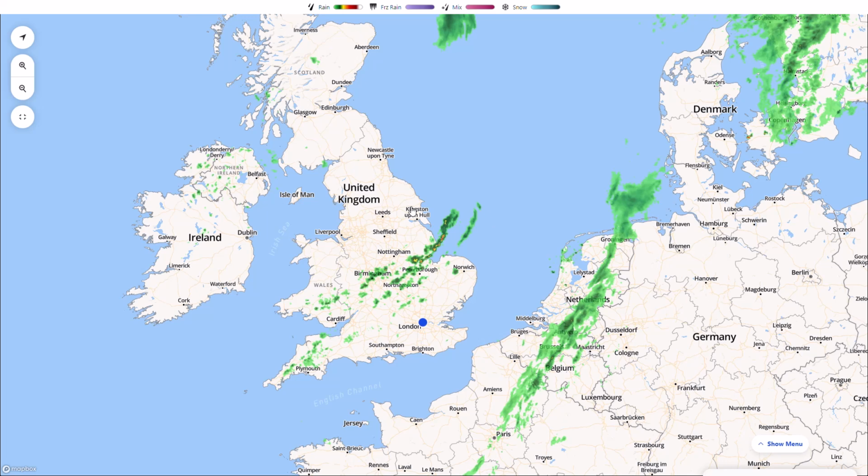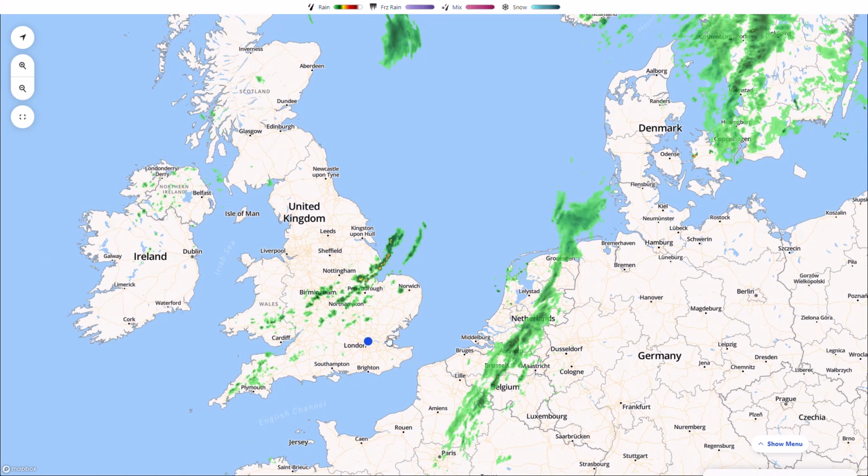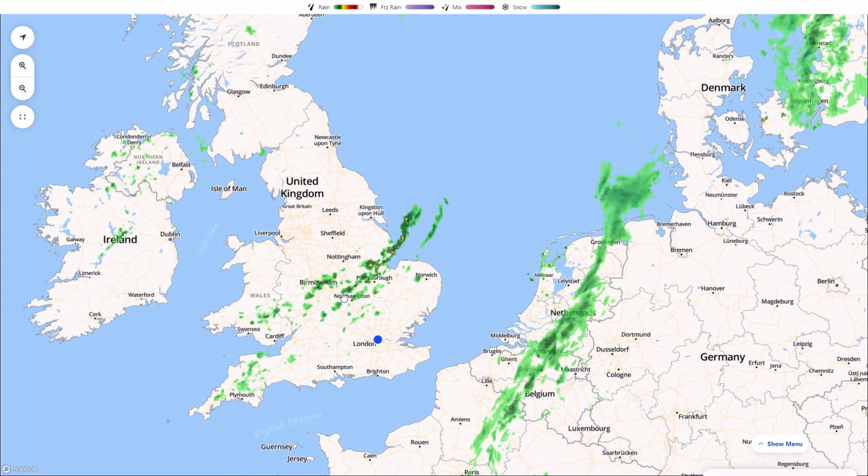Now, in the last couple of videos, we've had a look at the potential for seeing heavier showers and thunderstorms, and that's what we have seen today. And these sort of patterns are going to continue over the next couple of days with shower and thunderstorm outbreaks. Now, of course, it being April, there's no massive CAPE around, the temperatures are in the high teens, low 20s, so there isn't huge amounts of energy around, so these showers generally are not thunderstorms, but we have